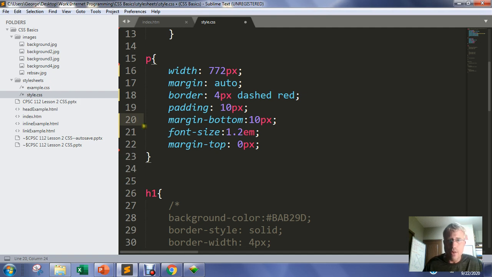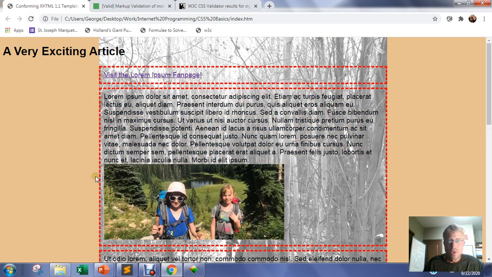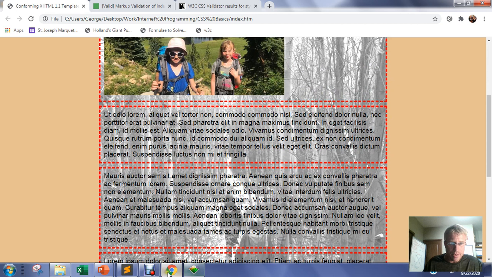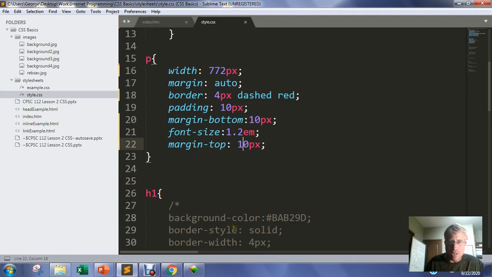Well, there we go. That's why it wasn't. I lost a semicolon, and it wasn't behaving the way I was expecting it to. So I was sitting here thinking about it. Control save. If I do 10 and 10, it should double the width. And then if I change the top margin back to 0 pixels and the margin bottom is at 10,